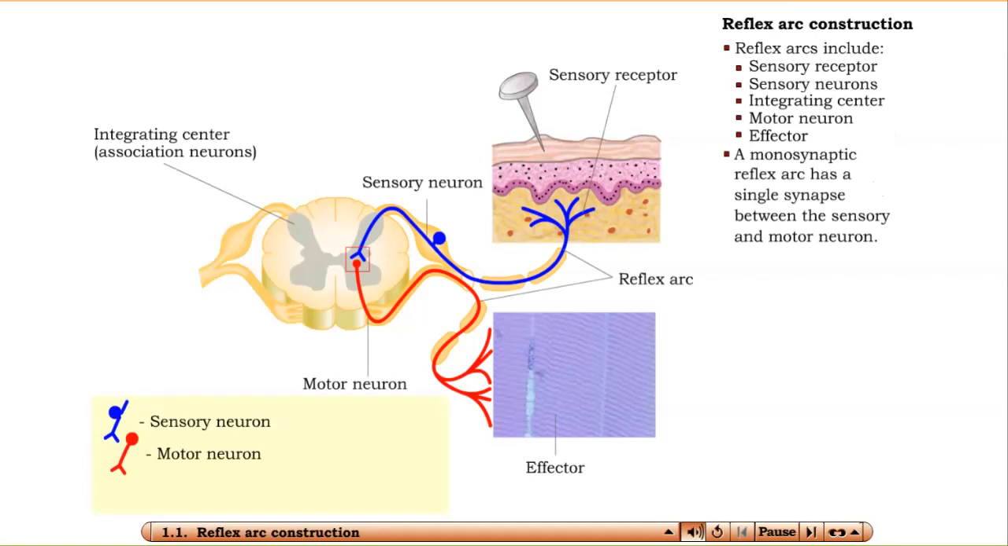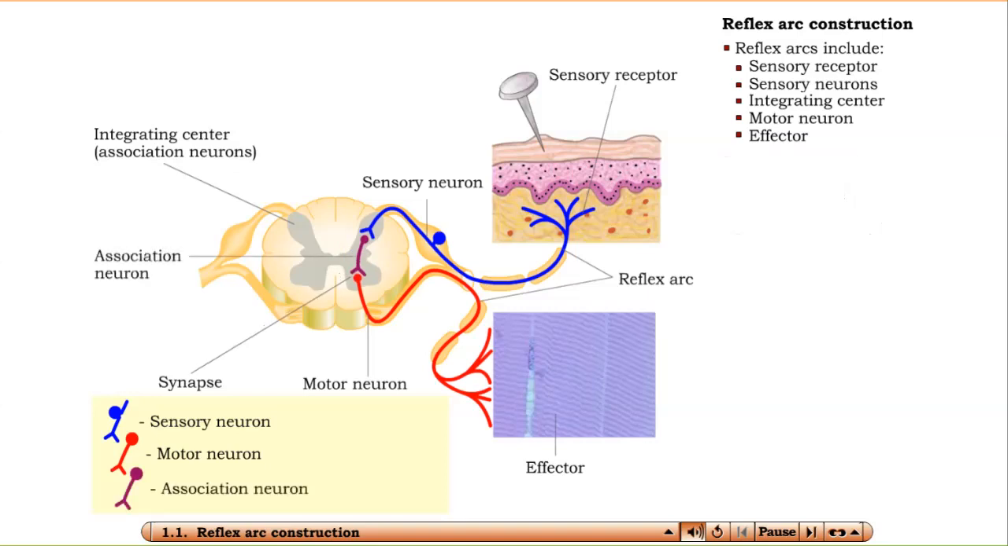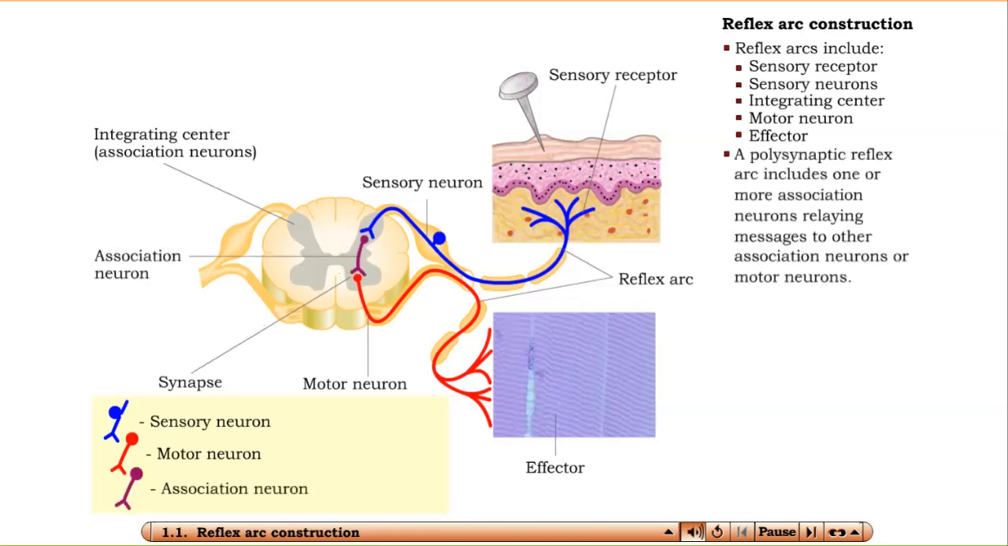The simplest of reflex arcs have a single synapse between the sensory neuron and motor neuron. These reflex arcs are referred to as monosynaptic. When an integrating center has one or more association neurons relaying messages to other association or motor neurons, the reflex